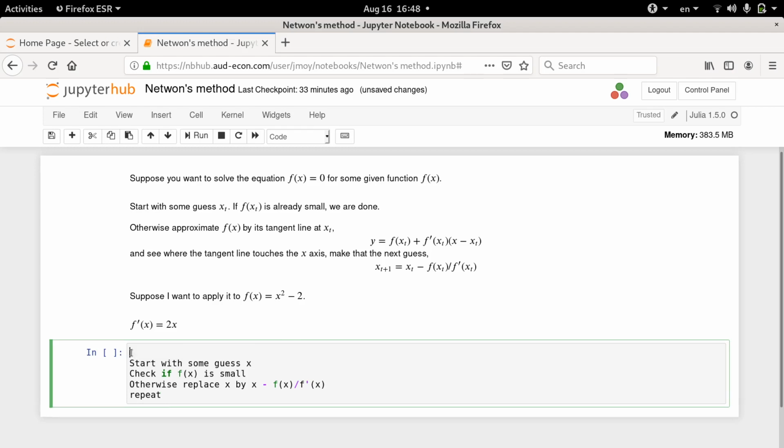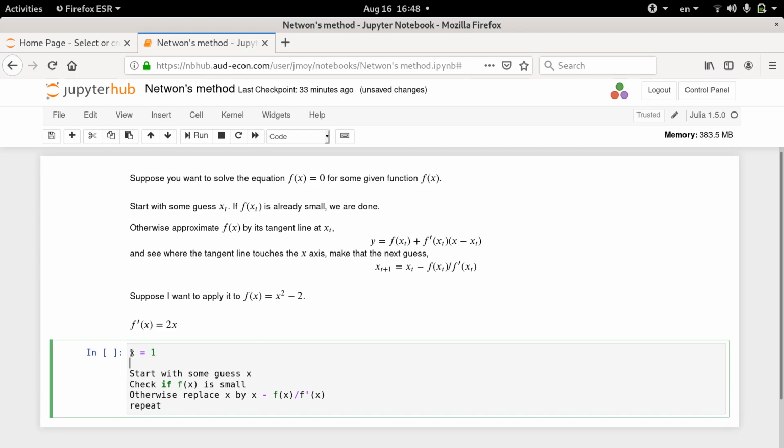So before we go into the loop, let's set an initial guess. So let's say initially x is equal to 1, right? Also we have to say what we mean by f(x) being small. So we have to have a parameter which tells you how small f(x) you are willing to accept to say we have found the approximate truth. So there is no one true answer to that. So let us say tolerance is equal to 1e-10. You may have seen this notation before. 1e-10 means 1 times 10 to the power of minus 10. So 1e-5 would mean 1 times 10 to the power of minus 5 and so on.